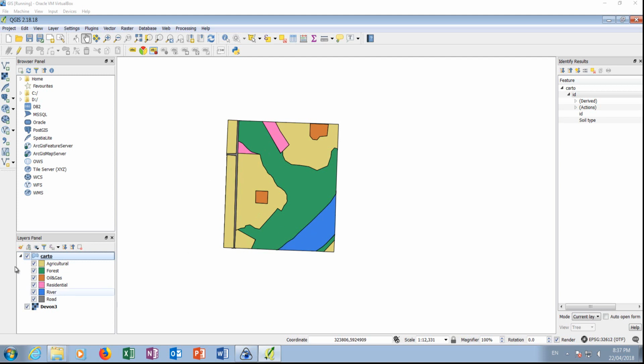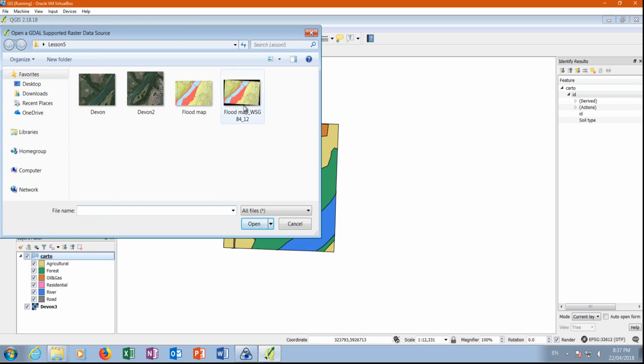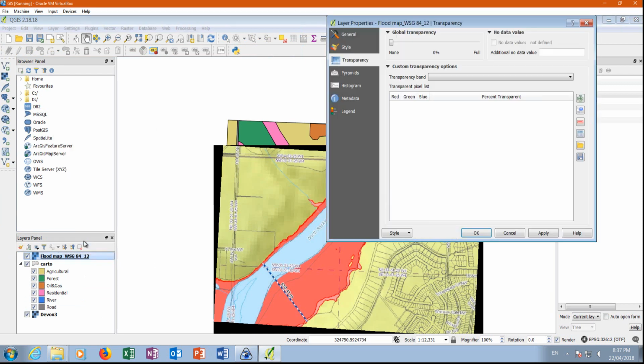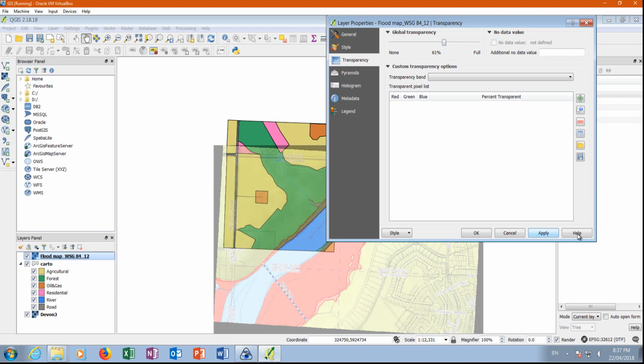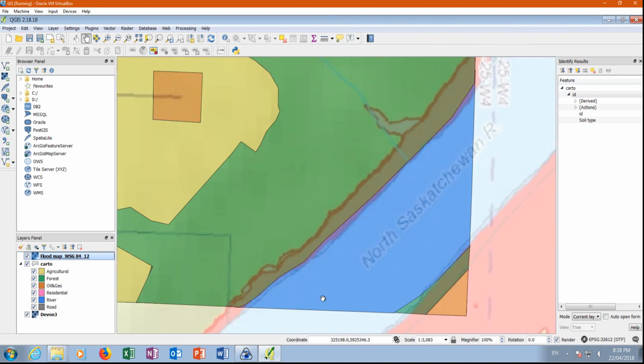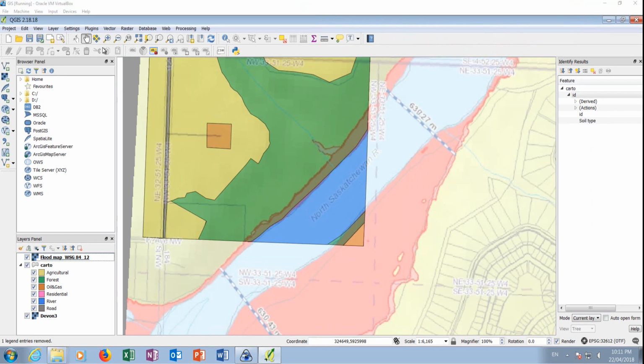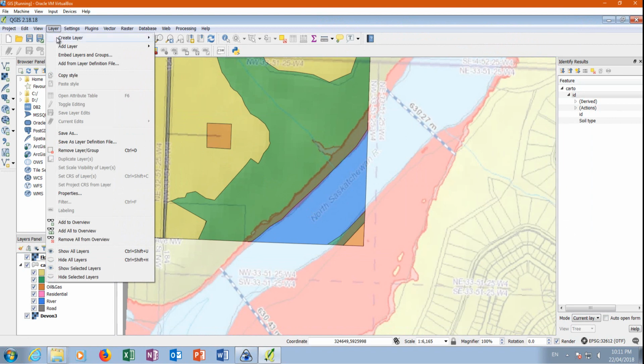Okay, and now what I'm going to do is create a new layer, but first I'm going to add the flow map, going to apply transparency. And I'm going to do the cartography of this polygon here for the float area. Okay. To do that one, first we have to create a new layer. Create layer, new shapefile layer,